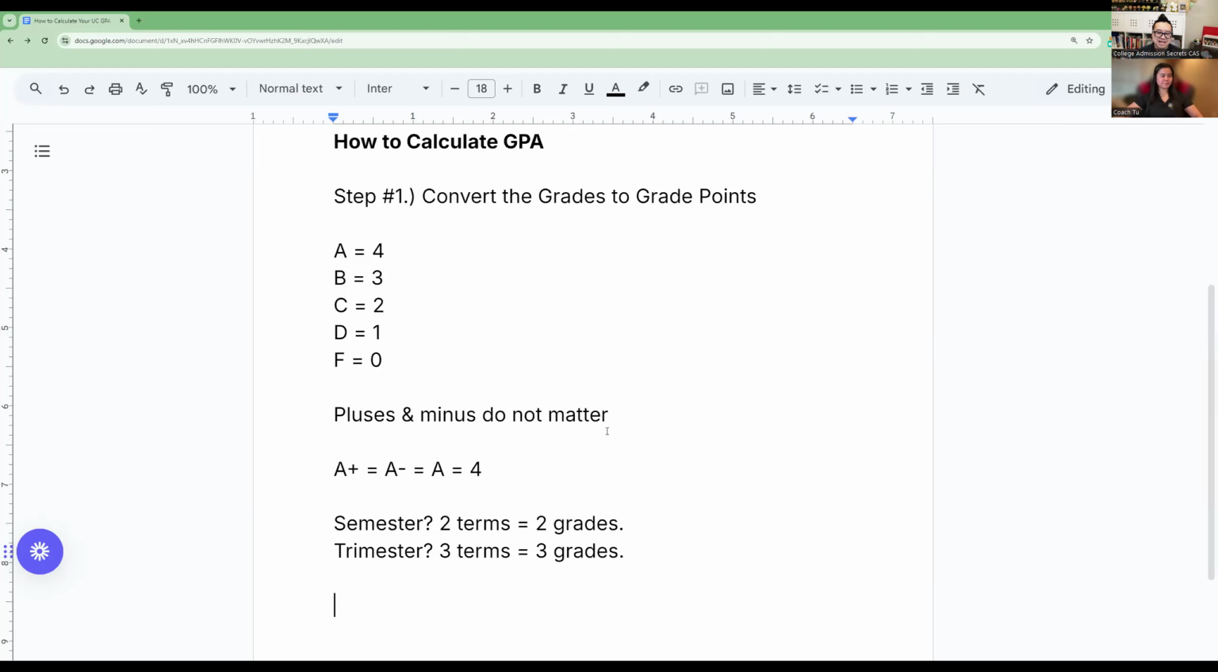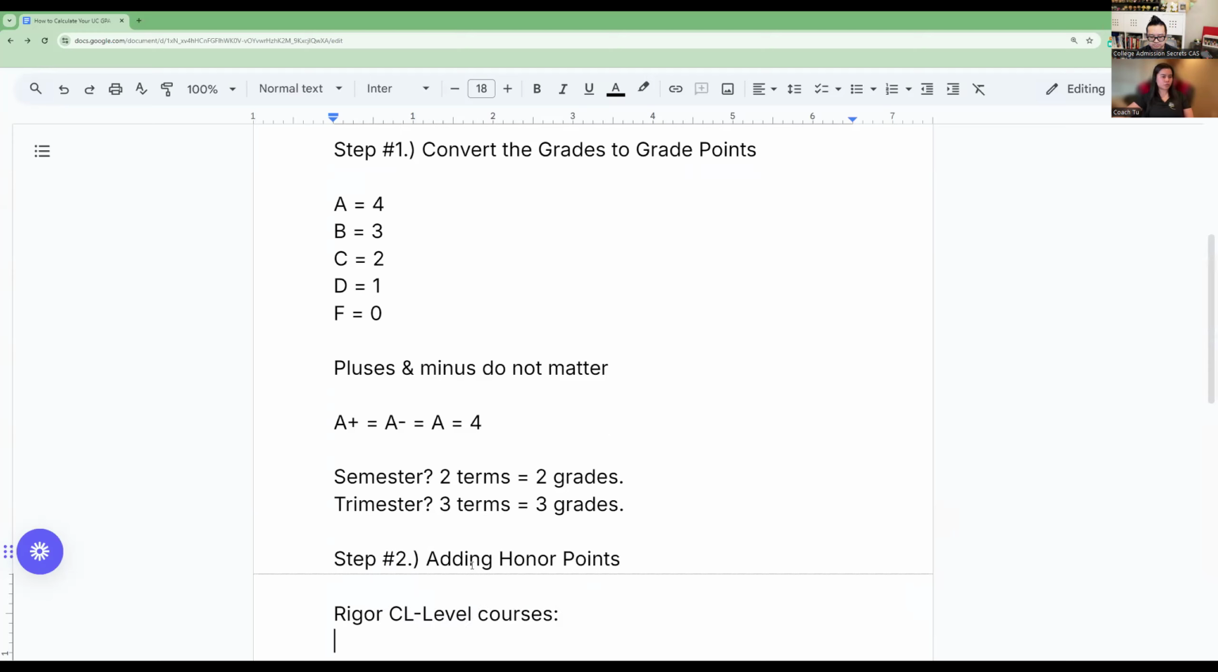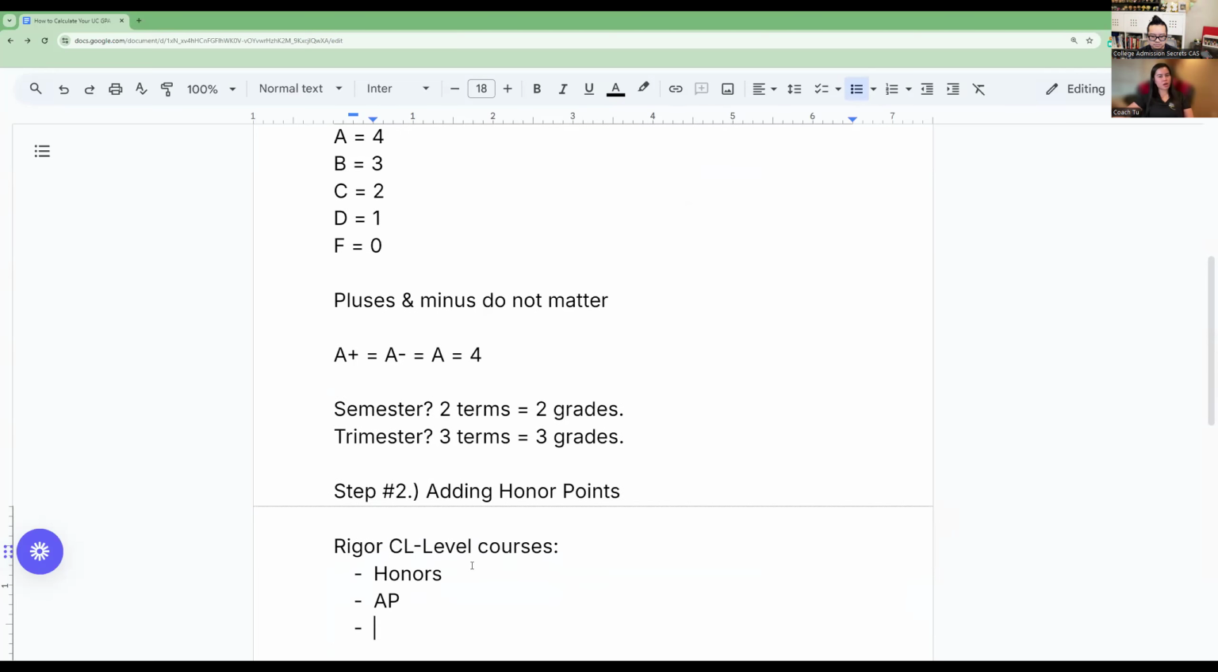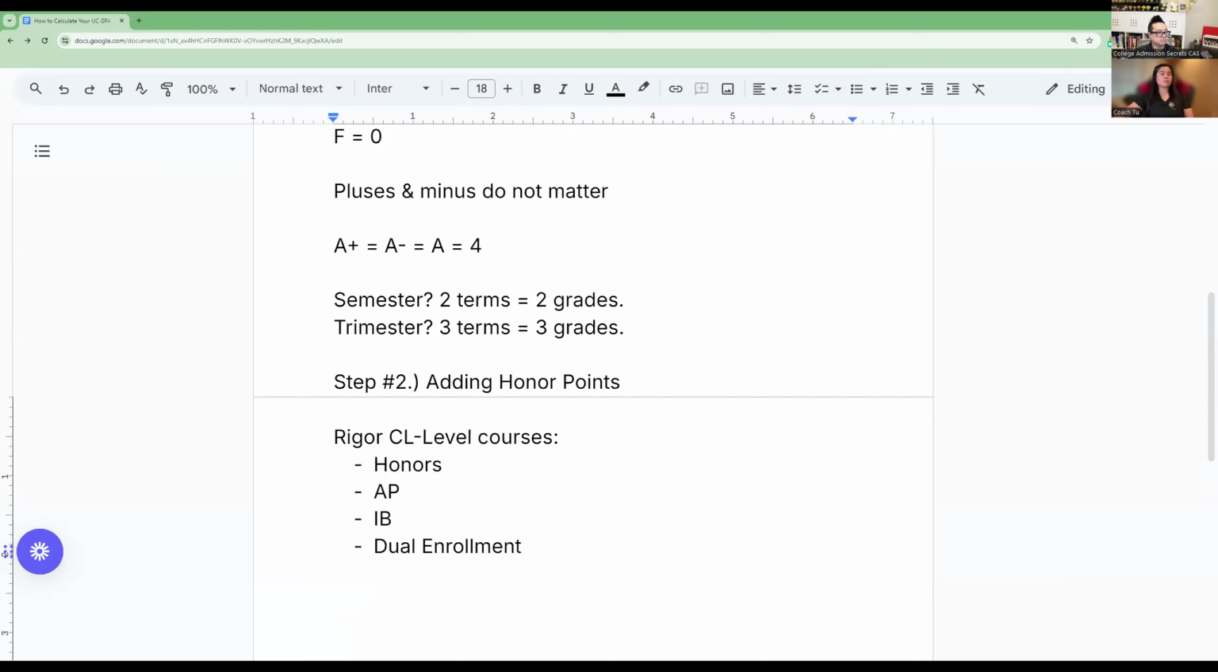So what's the next step after I calculate all my grades to grade points? Yeah, step two would be adding honor points, and honor points would be considered any of the rigorous college level courses, and this can be called honors, AP, IB, or dual enrollment. For any of these classes, you can add